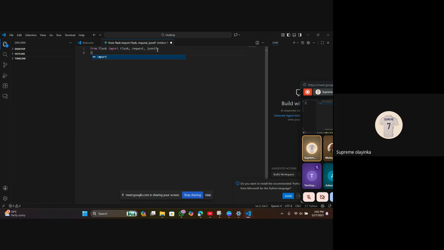Also, I need to import my pickle. That's my saved file. That's too obvious. I need to import that one into my VS Code. So the next thing is I want to call on to my app. So I will say Flask. This is the library I've imported into my VS Code. So I write something like app equals Flask, open bracket,